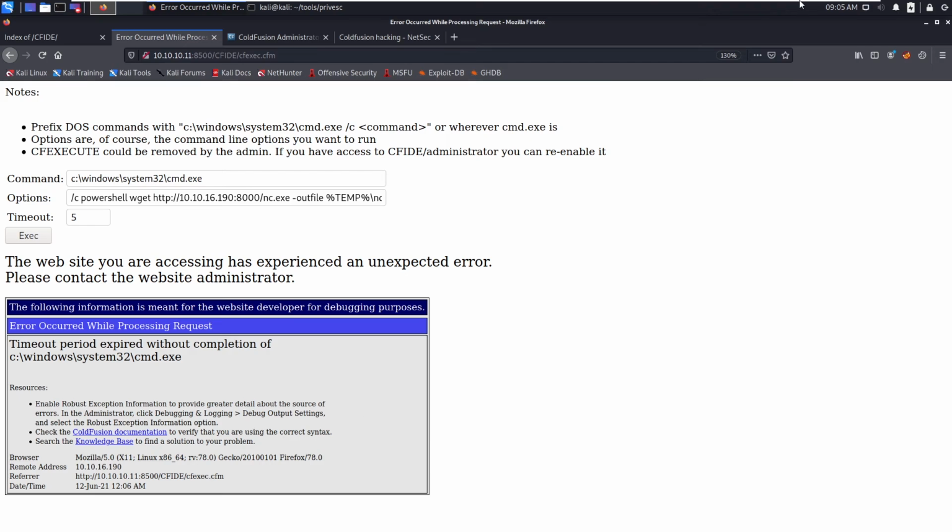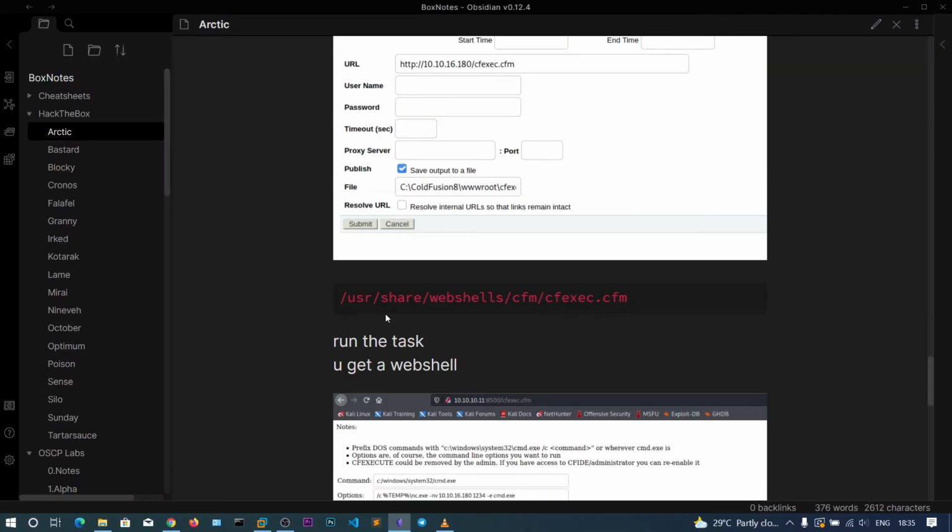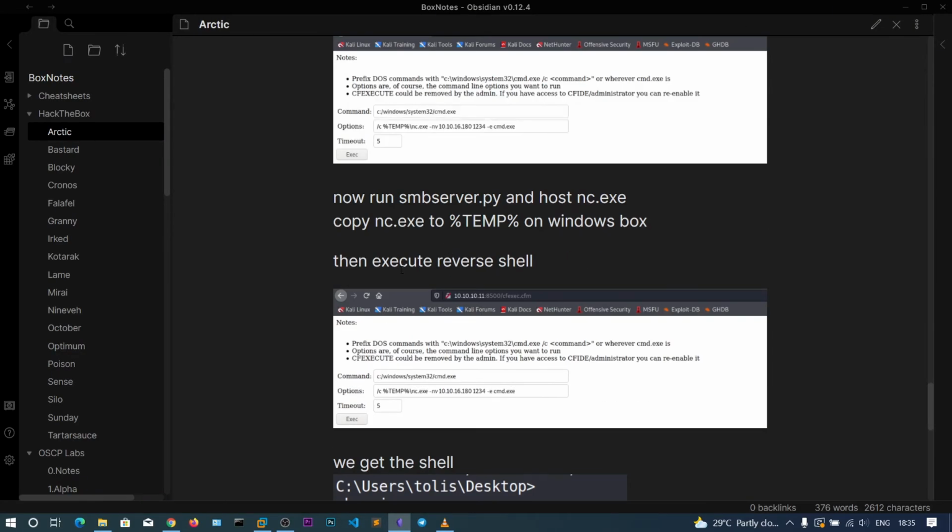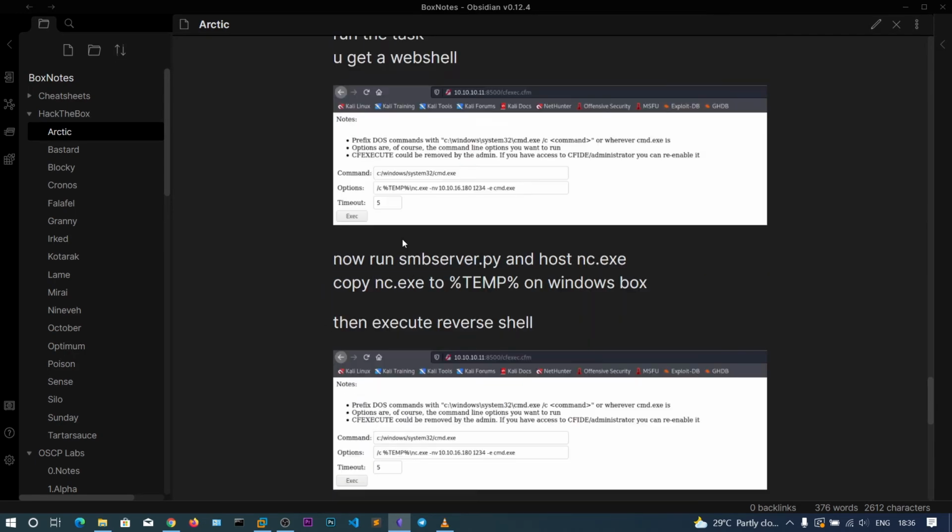We are getting an error, so let me check my notes on how I downloaded this. Okay, I did not use PowerShell. I think there is no PowerShell.